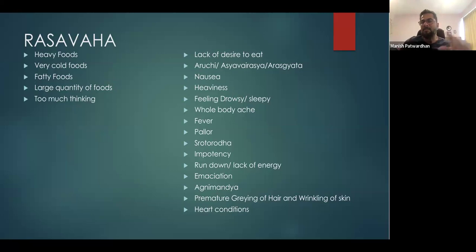The signs and symptoms: people can become suicidal with Rasava Srotas disturbances. The loss of interest can extend to that level. If the Rasava Srotas disturbance is too much, it's losing interest in living, losing interest in life also. So whenever you are dealing with any person who has any kind of mental health issue, always pay attention to the Rasava Srotas.